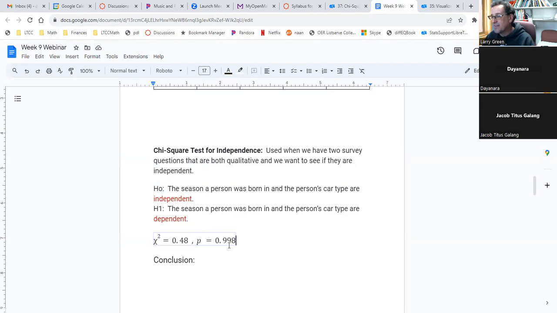Yeah, exactly. It's not statistically significant. This is as big a p-value as it gets, basically, or almost. So we could say there is statistically insignificant evidence